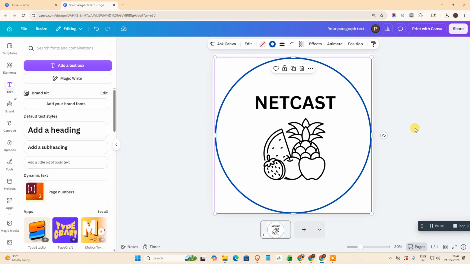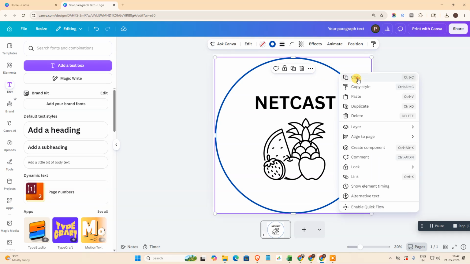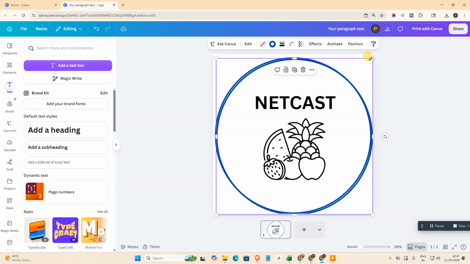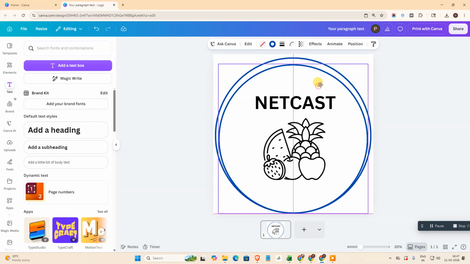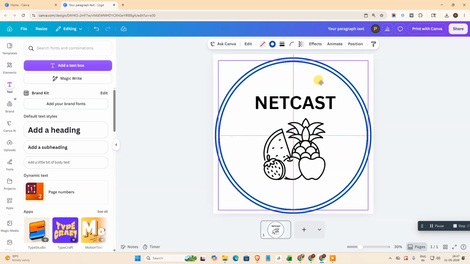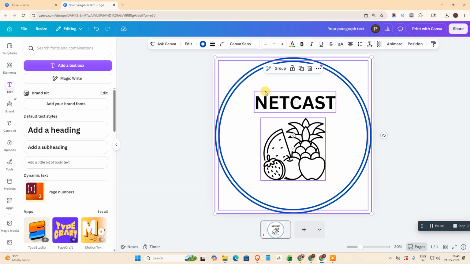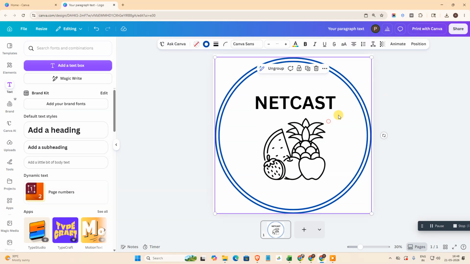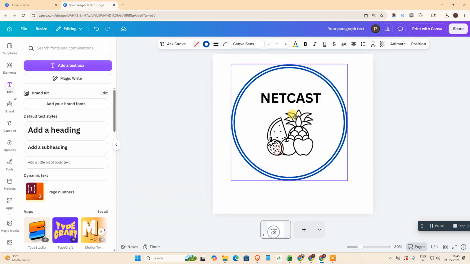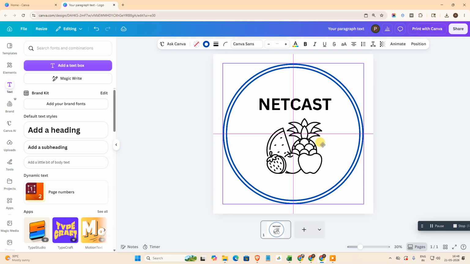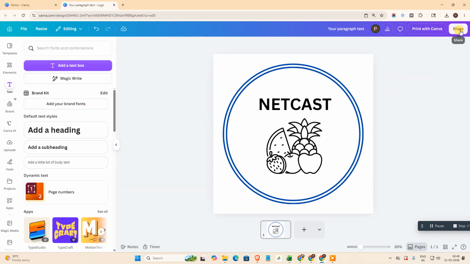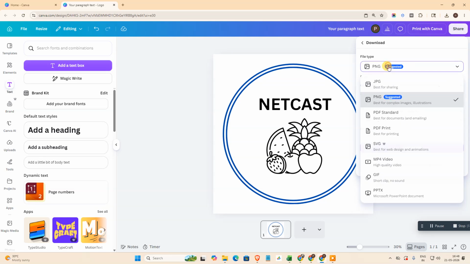And if you want this double round, just select your shape, copy it, paste again and minimize the size like this and just place it like this. Okay, you can see the double circle. So now you can put anything here, and now you can select all the elements and group it. Now you can maximize the size of this logo like this and just download